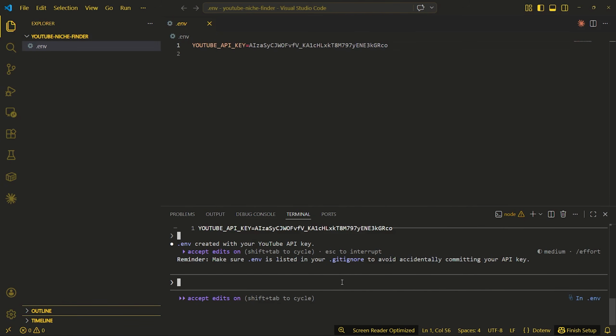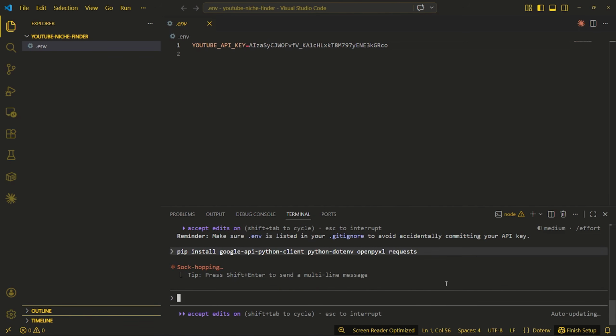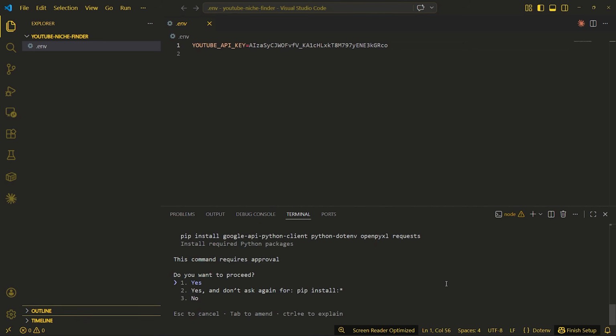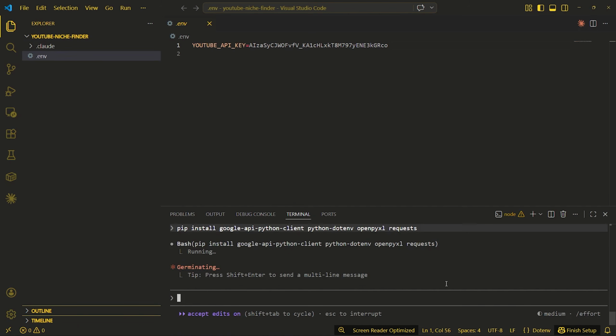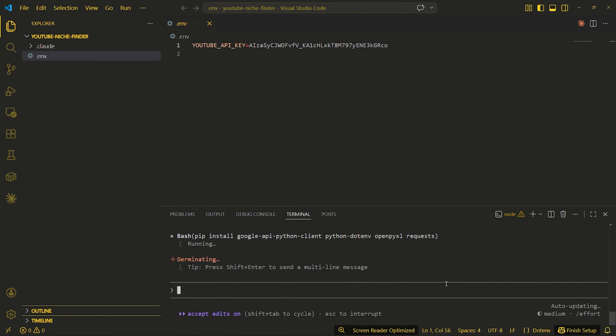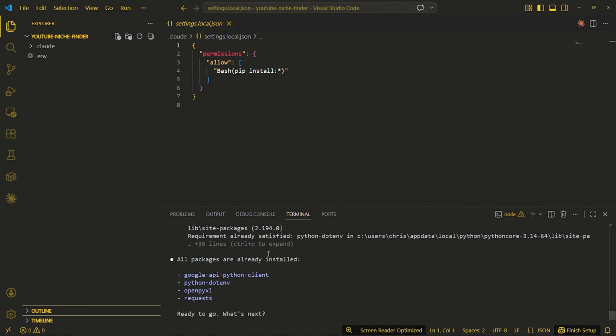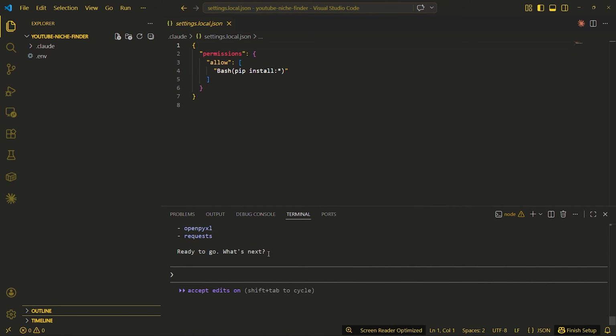The next step is to add this command. In case you want to paste something while you're inside the terminal, just right-click, and whatever you've copied will be pasted. You don't need to worry about what this command does. All you need to know is that it's going to install some Python dependencies that the software needs in order to use Google's API Python client. It may ask you to confirm the installation. Just hit Yes or Yes to all each time an option like that pops up. As you can see, it says all packages have been installed, so you can move on to the next step,